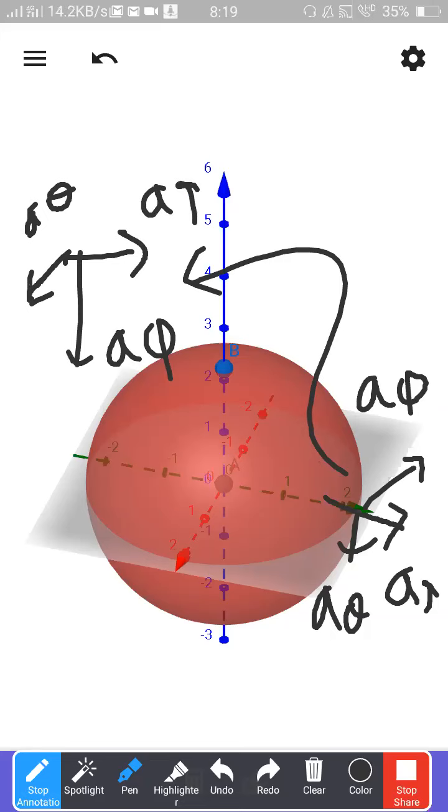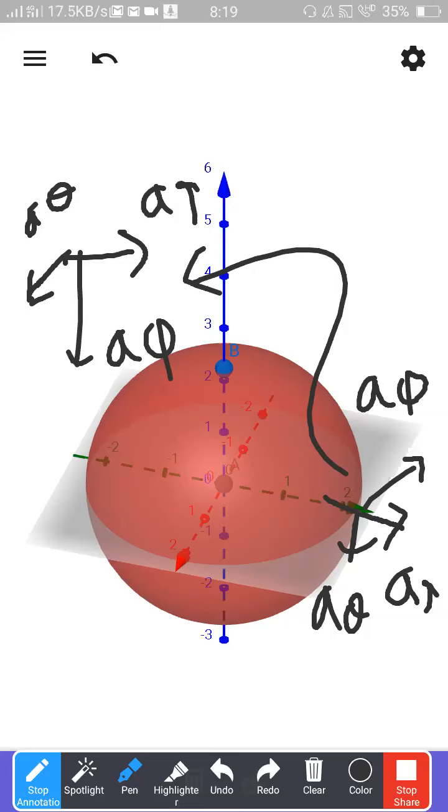Please imagine it always has to follow. You choose any point on the surface of the sphere, then try to apply the right hand rule. Right hand rule means what, sir? You always have to go from R to theta. You place your right hand in such a way that your fingers go from R to theta, then your thumb will indicate the direction of phi. Yes, it's following the right hand rule.